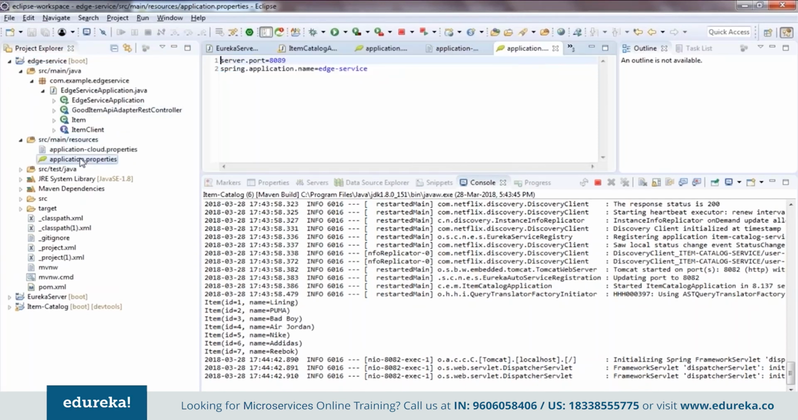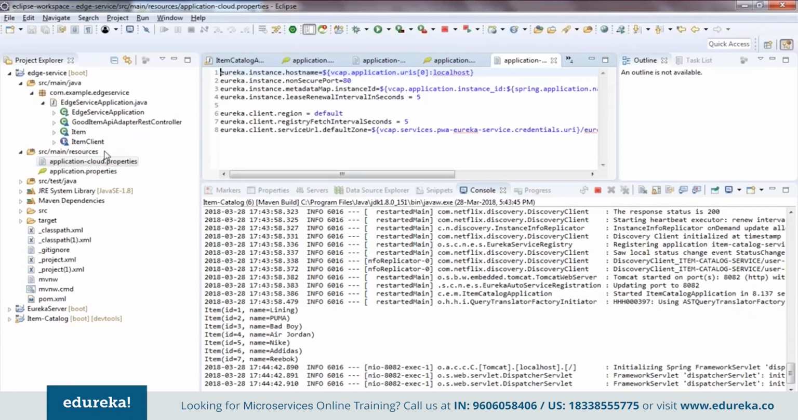So let me just open this application.properties and you can see that I've configured it at port 8089, right? And I've given the application name for a similar reason, basically to add my service in the Eureka server. Now I need to create the cloud properties file that I've already done. You can see it over here, the cloud properties file. It is already present. And I need to add some code here that I've done in the item catalog